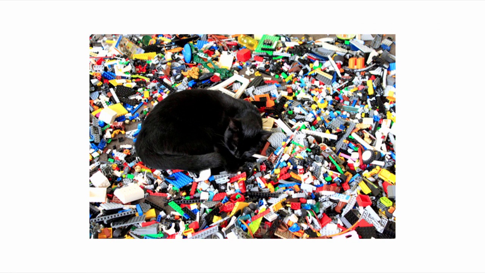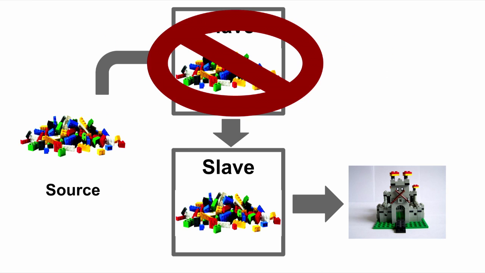If something out of your control starts playing with your Legos and nodes fall apart, how a cat can sleep on Legos, I don't know. That first node is dead. That second node has the copy and can keep building for you.